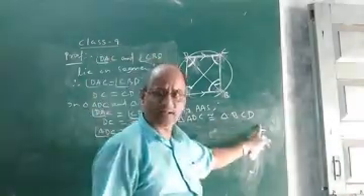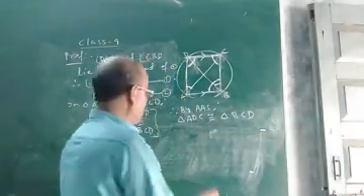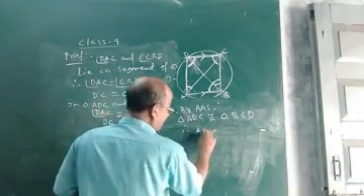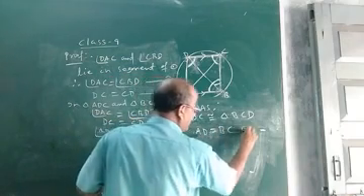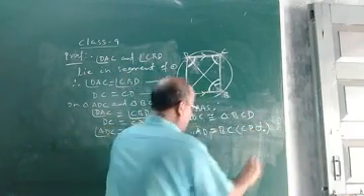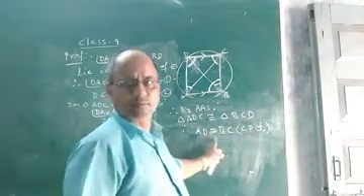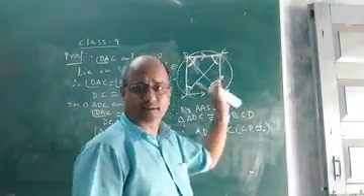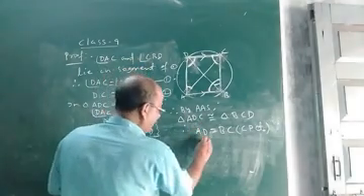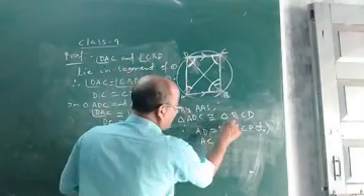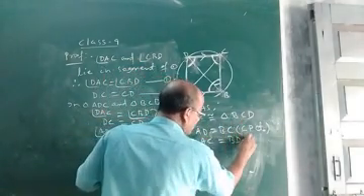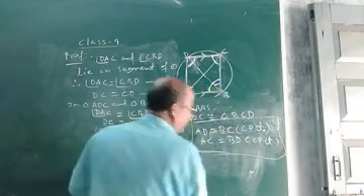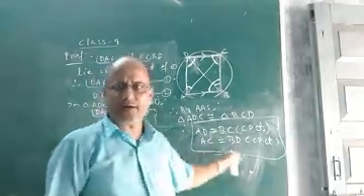Now if they are congruent, their corresponding parts will be equal. That means AD and BC, look at it. So AD equal to BC, it is CPCT, because these two sides form a pair of corresponding sides of these two congruent triangles. And AC, the corresponding side of AC will be BD. So CPCT. Okay, so this is what we wanted to prove.